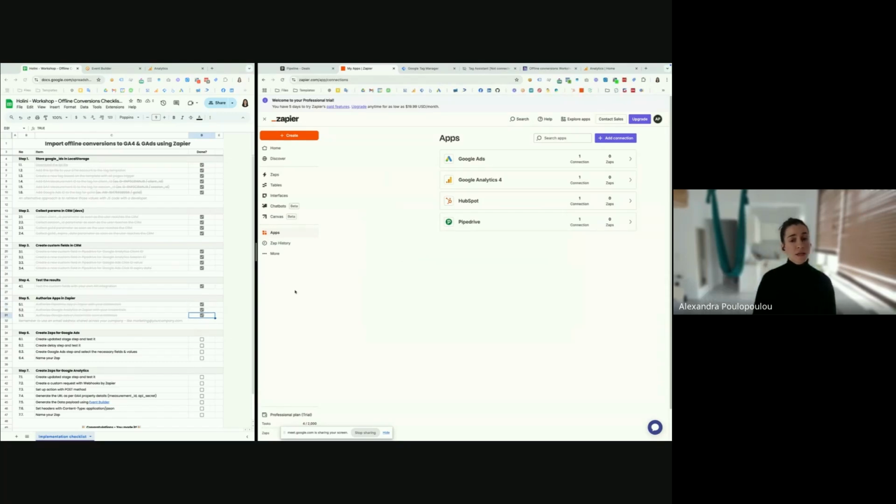A quick tip for authorizing apps and using tools like Zapier and Pipedrive: we recommend using emails that multiple people in your company have access to, like marketing at holini.com, and not personal accounts, because people might leave or people might have issues with their emails.